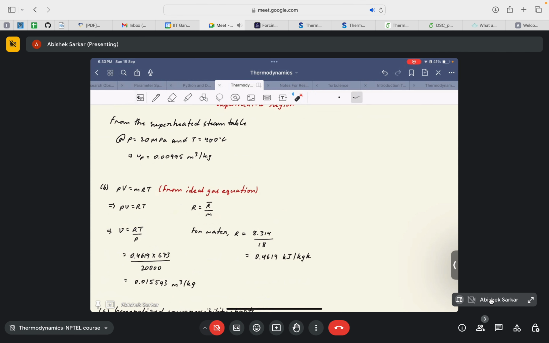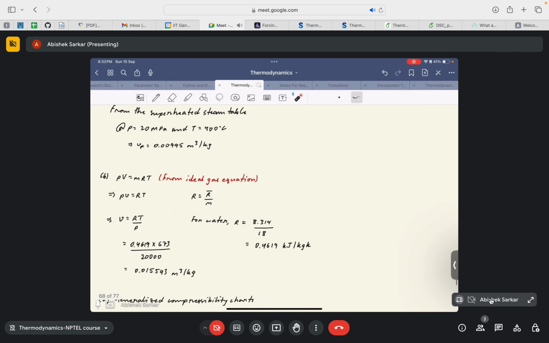So after doing that, we find that the specific gas constant R for steam, for water, is 0.4619 kilojoule per kg Kelvin. The specific volume v can be found out by RT by P. Once you substitute the specific gas constant, the temperature on the absolute scale, and the pressure, you find that v is equal to 0.015543 meter cube per kg,